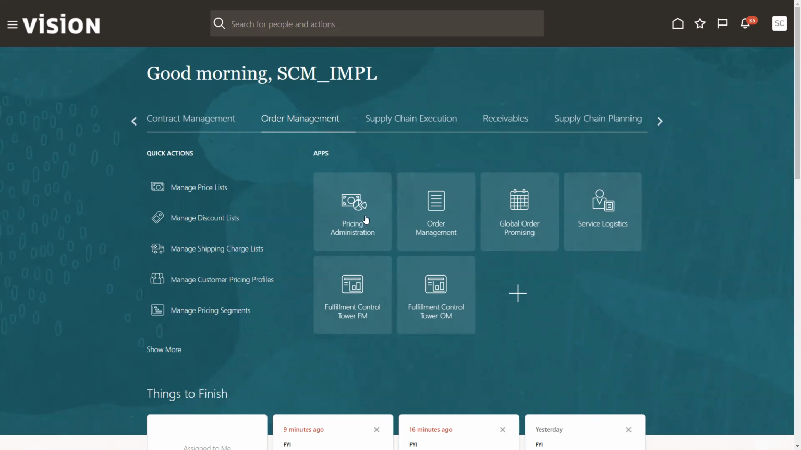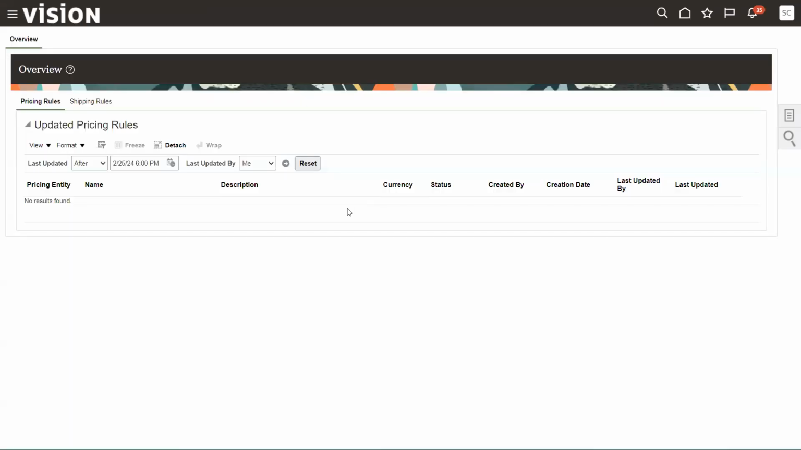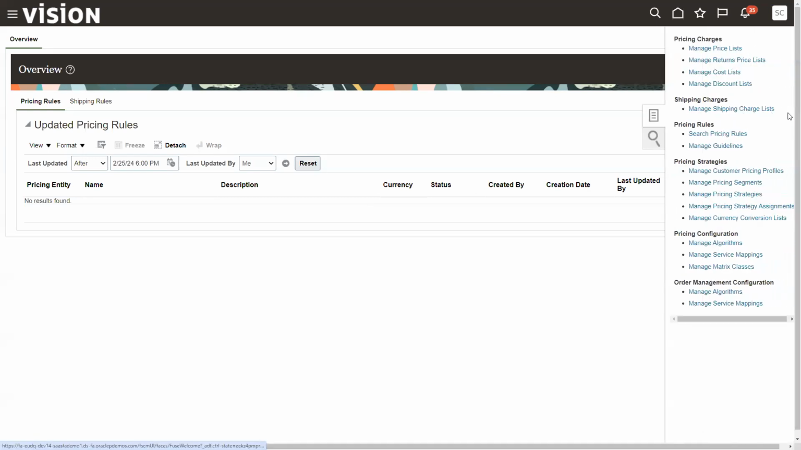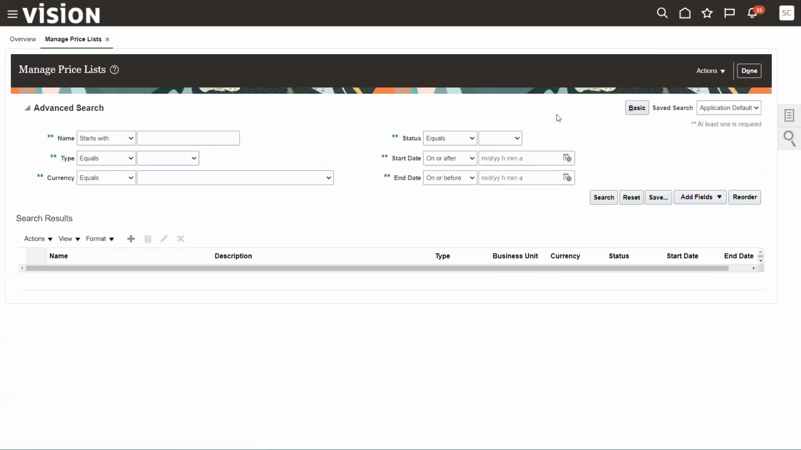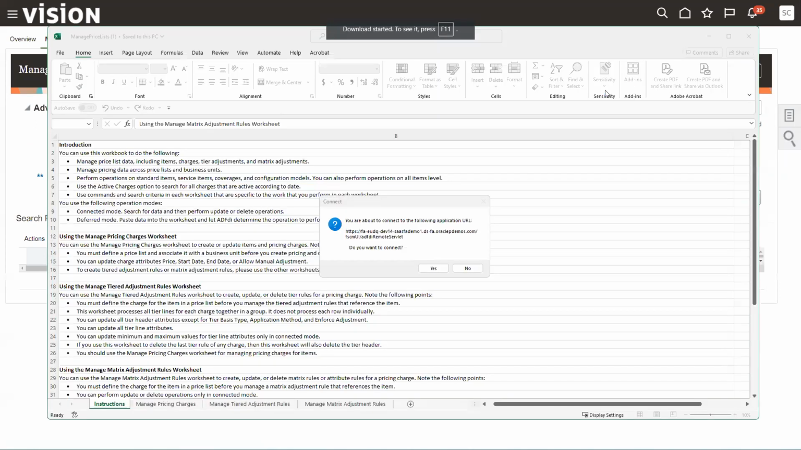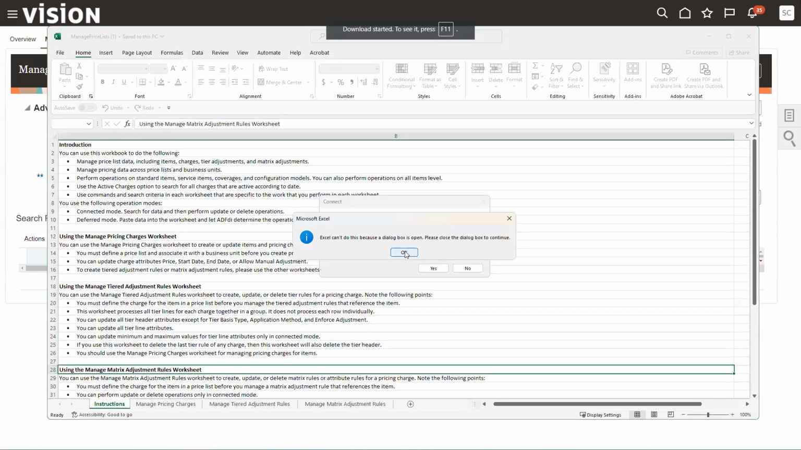So once that's loaded on your system, we're going to go into pricing administration and we're going to download the workbook. I like to download the workbook, download what's in the system to kind of give myself an idea of what's happening. So we'll go into manage price list, actions, download spreadsheet, data. And it's going to bring up the spreadsheet